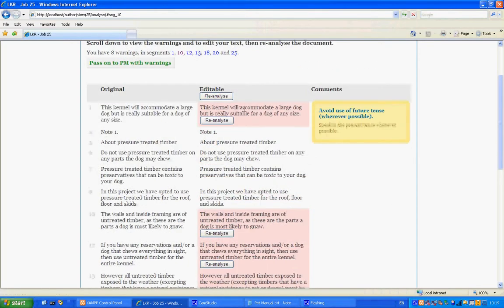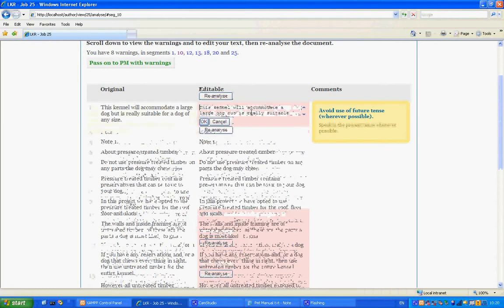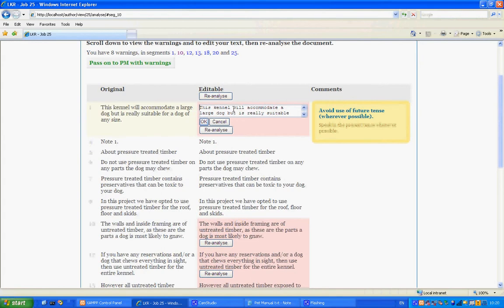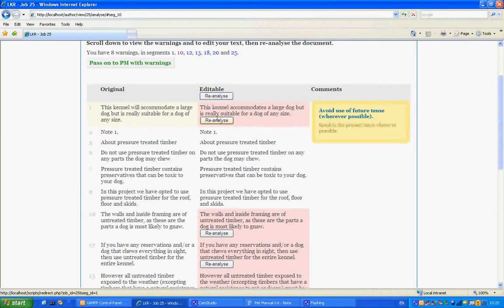Any warning that is identified is marked in red to highlight it for me, and if I hover over the warning, it'll give me a message explaining what the problem is. So in this case it's telling me that I should avoid the use of the future tense. So if I click on the editable region here, I can actually change this. Okay, so I'm going to change this to the kennel accommodates. So I'm going to change the future tense to the present tense